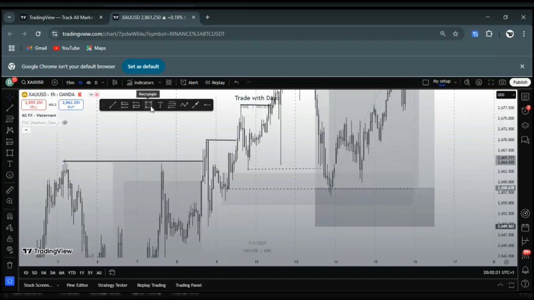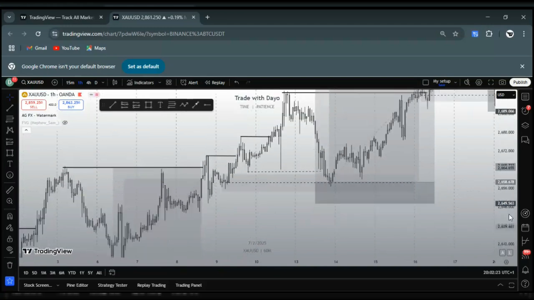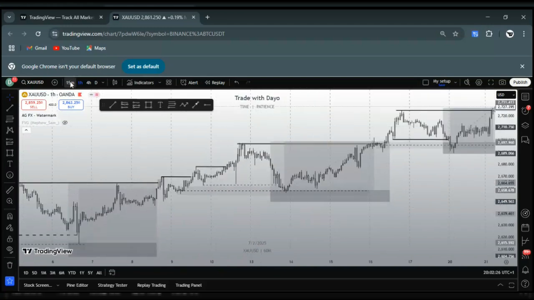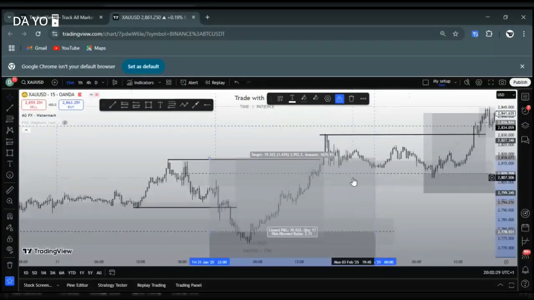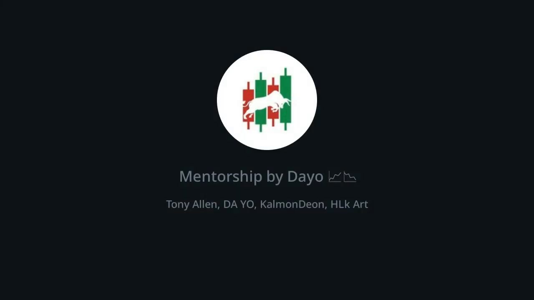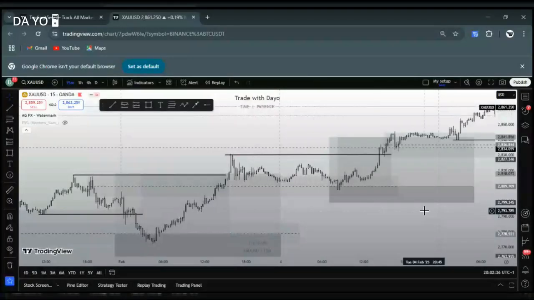So let's look at the 15 minutes. I'm just trying to prove the fact that these things work regardless of the time frame. This thing works regardless of the time frame. So now you can see on this trade,